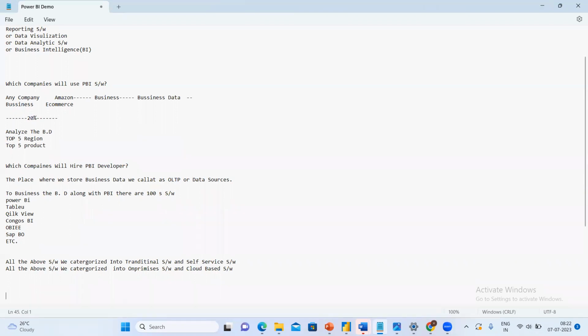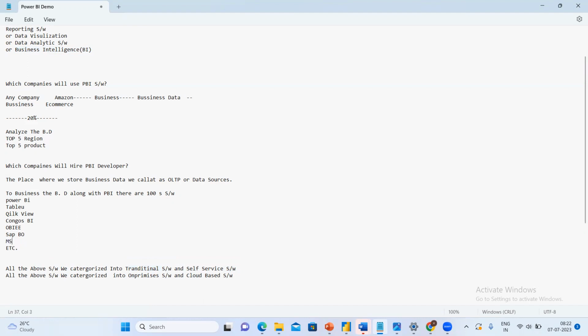Still, business intelligence came in 2012 or 2013, guys. Tableau came first, then in 2015 Power BI was released. But once these tools came, we are not using the traditional tools. What are the traditional tools? Take for example Cognos BI, which is a traditional tool. OBIEE is a traditional tool. And MSBI is one more.